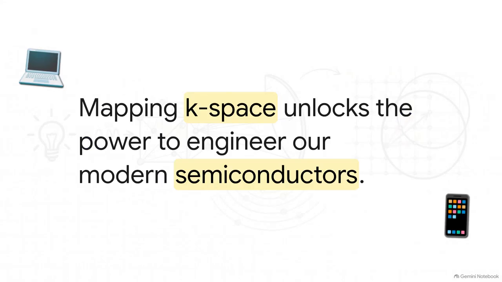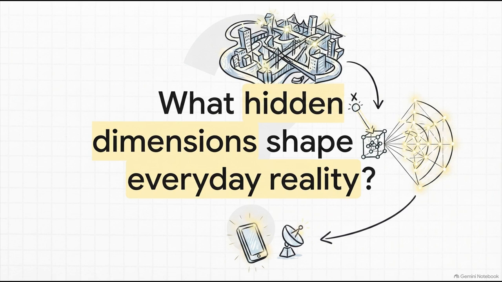So the crucial point to take away from all this is simple. This bizarre, inside-out mathematical map is absolutely not just an academic exercise. By understanding and mapping the invisible frequencies of K-space, we unlocked the power to engineer exactly how electrons behave. It is literally the absolute foundation of all modern solid-state electronics. Without the reciprocal lattice, we wouldn't have semiconductors, we wouldn't have computers, flat screens, or the smartphone sitting in your pocket right now. It is just incredible to think that by mapping an invisible city, we essentially built the modern